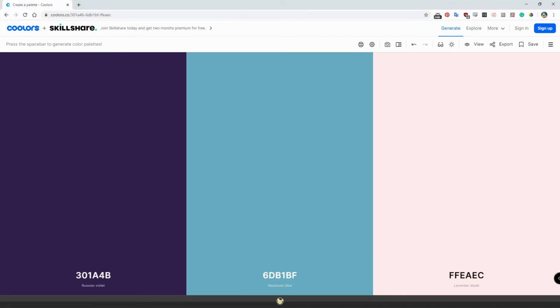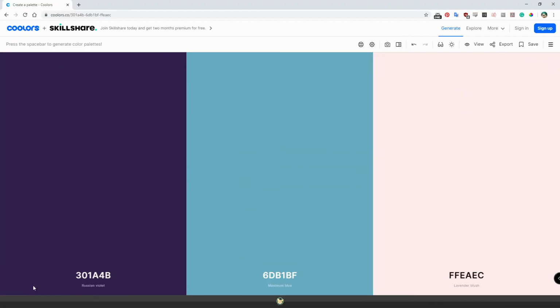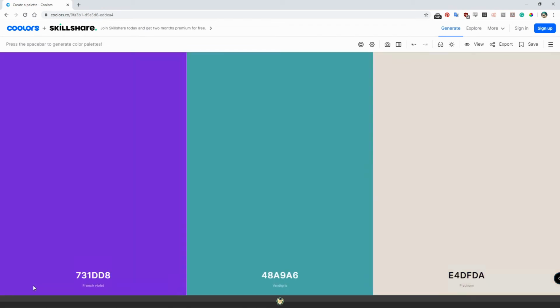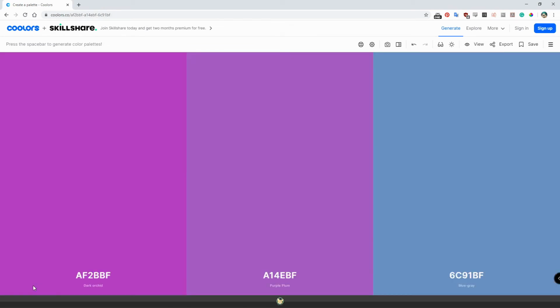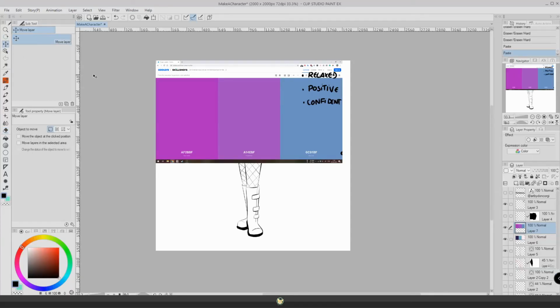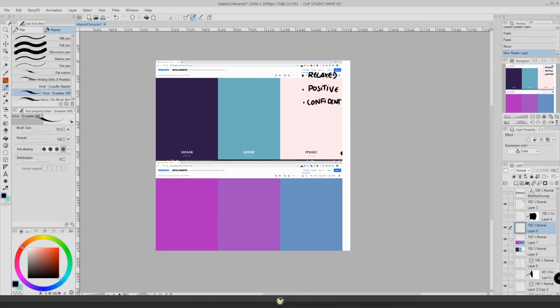I'm going to print screen it and paste it here because I really like it, but I don't want to stay in the first option. This one is nice as well, but I'm not sure if it fits her. I want her to have a weird combo of colors. I like this one as well. Okay, so we have here 2 color palettes, and we're going to try them. So I'm just going to grab my brush here, pick the colors,